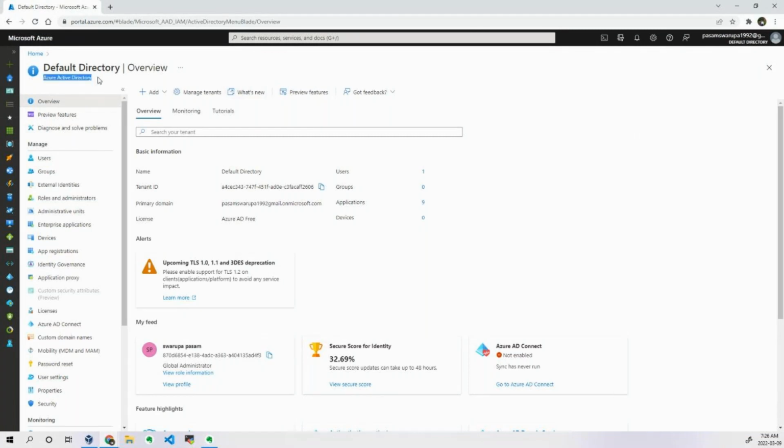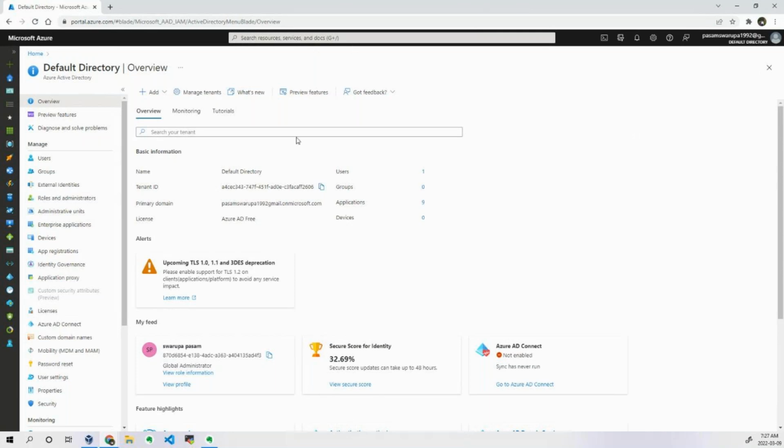Azure Active Directory, AAD. This Azure Active Directory is the main concept for us to provide authentication and authorization. Not only that, it has some other features as well. First of all, let's remember that it is for authentication and authorization for any internal or external services as well.